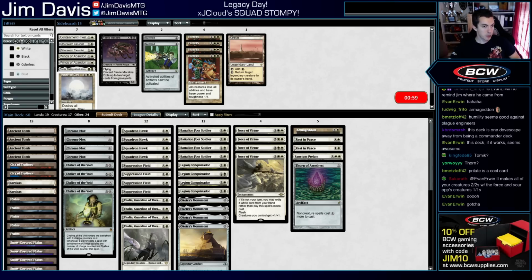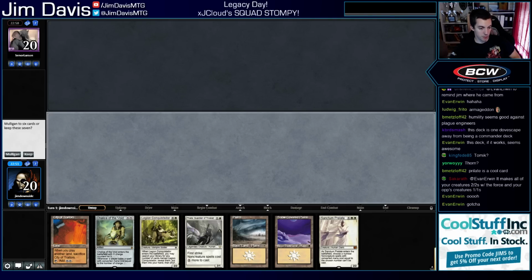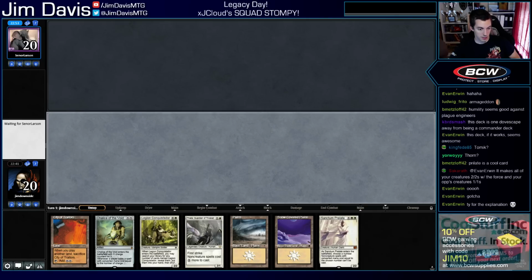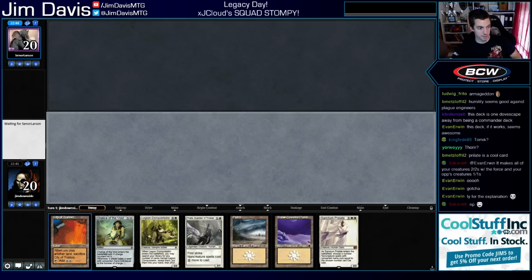Yeah, Humility is obviously good with the Force of Virtue, but they have very few creatures in their deck, so it doesn't really matter, I don't think. Alright, going first. So, we can Chalice. I think we're going to Chalice on 1, then play Thalia on 2. It sucks to play City of Traitors, obviously, on turn 1, but much prefer an Ancient Tomb, because Ancient Tomb is busted, but...